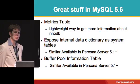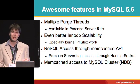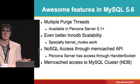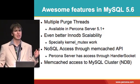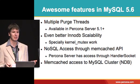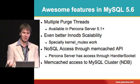What else? Multiple purge threads. As I mentioned, getting a dedicated purge thread was just a first step. It makes a lot of sense: when you have a lot of threads doing data updates and creating undo entries, one thread wouldn't be enough to clean those up. You can produce a lot more than you can consume. That especially happens when you have a very disk-bound workload and your undo space grows large enough that this cleanup operation requires a lot of I/O rather than being done in memory. So we have multiple purge threads coming in MySQL 5.6 or Percona